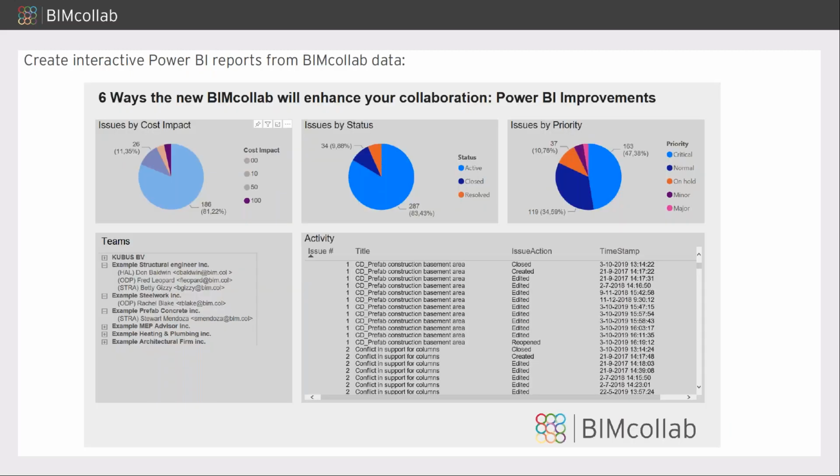Another very great feature that we take more advantage of now is the ability for Power BI to create interactive reports. So we now not only stream all the information from BIMcollab, we also take the actions and the people who have done those actions, which gives you a lot more overview of what is going on. So have a real progress report on all actions taken by your team, and that in a generic Power BI